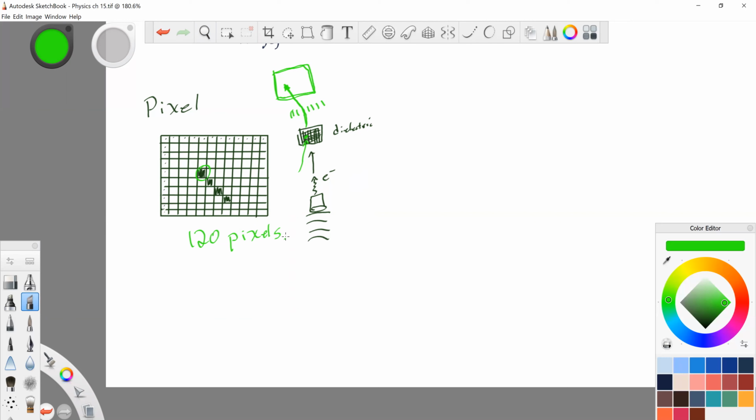In fact, it's going to look like image A on page 244 at the bottom, or maybe images 15.5 or even 15.4. Those are low quality images because they don't have enough pixels to show